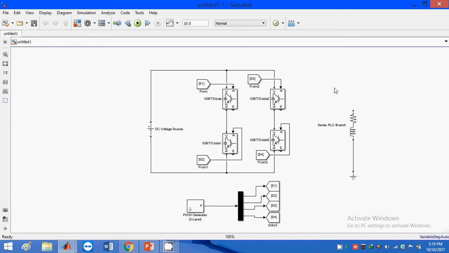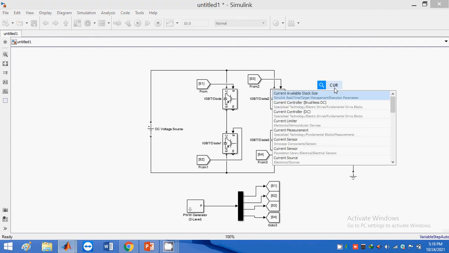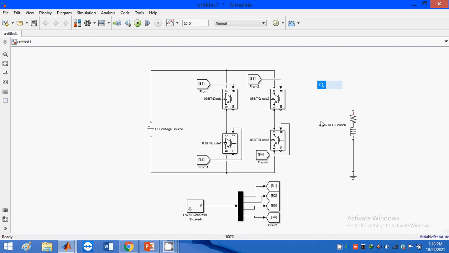So we need to place the current measurement block and voltage measurement block here. We need to place the voltmeter and current measurement block.